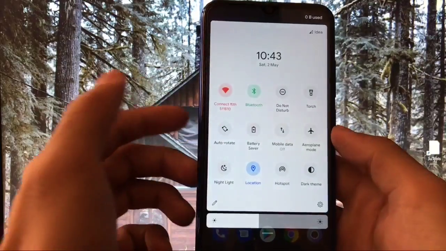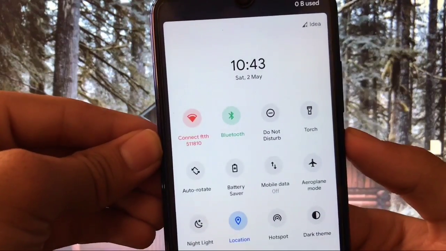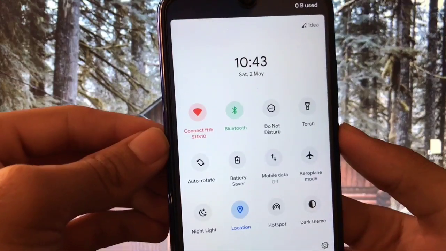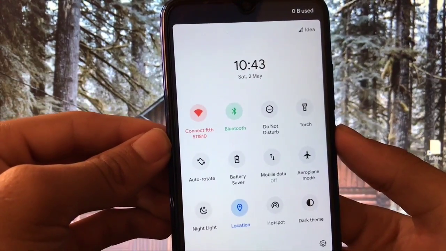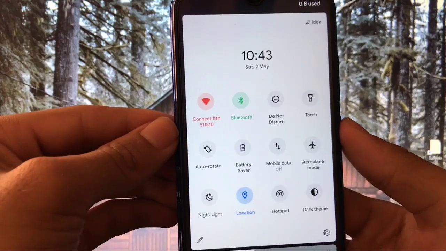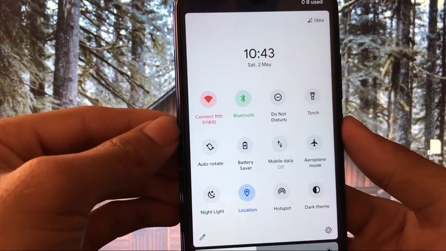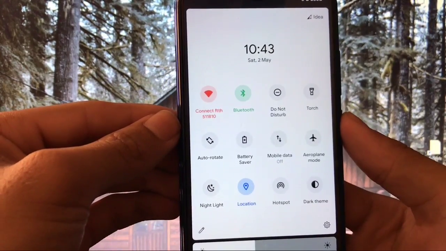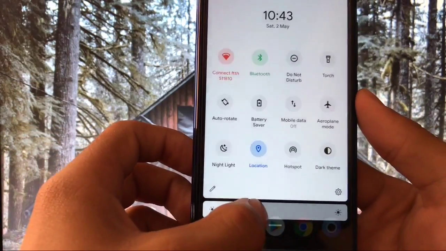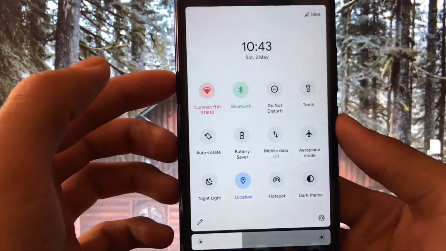Let's check out some other extra things. First of all, let me show you the quick settings. They look very good. There is a One UI clock widget available at the quick settings header, which option is available in the settings, which you can enable from there. Also you can see that the quick settings tiles are colored, and you can customize these colors in the settings too. And this is the MIUI brightness slider, which also looks very cool.